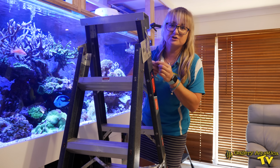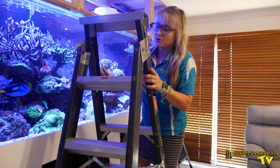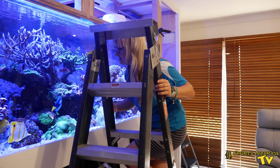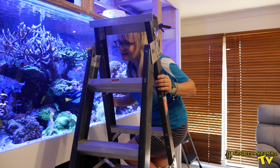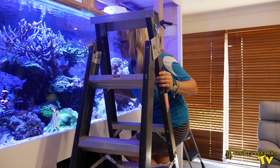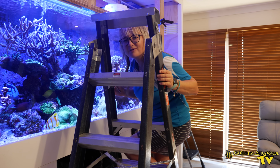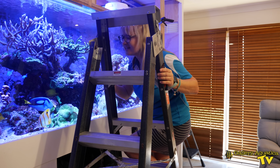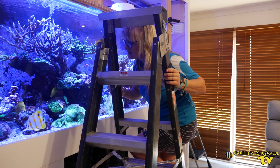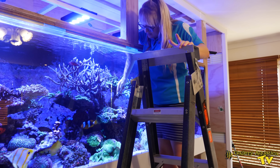I find it really interesting that people want to multiply these Ricordea and we propagate them in brutal ways, at times even doing cuts through the mouth. Yet this colony has multiplied this way all on its own. And the more I think about it, I've discovered these giant, long, very old vermetid snails embedded within the colony. And so what I'm thinking is that,